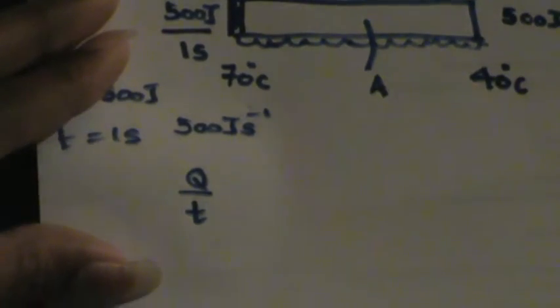For the calculations so far, I have been using the notation Q for energy. So Q equals 500 joules, T equals 1 second, so the rate of change is Q by T. If I take Q by T to be a constant, if I put constant energy, experimental data has shown that this energy is directly proportional to the temperature difference,